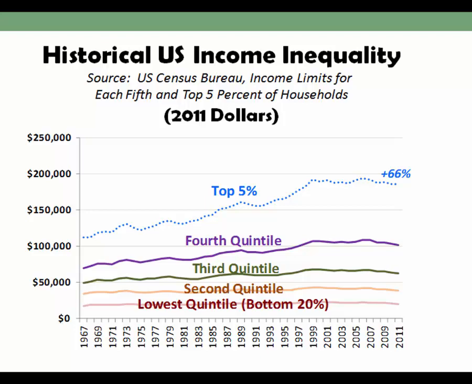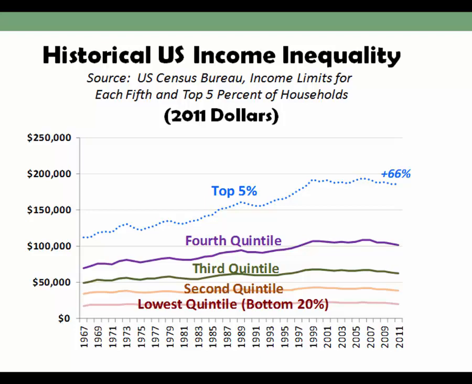The dollars have been adjusted for inflation, so it's in 2011 dollars. And it breaks the population up into quintiles as well as the top 5%. So the first question that I sometimes get when I present this material in class is, what is a quintile? So the best way to think about a quintile is if you lined up all of the American households from who has the highest incomes to who has the lowest incomes, and you split them into fifths, so 20%,